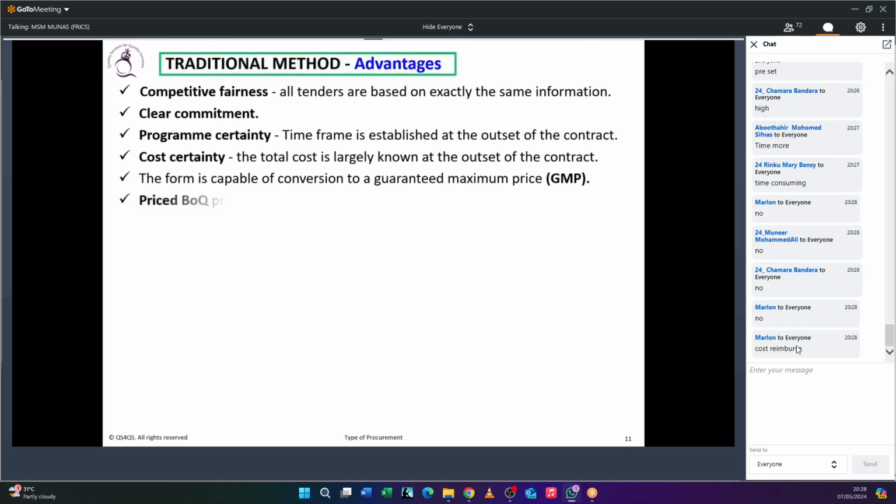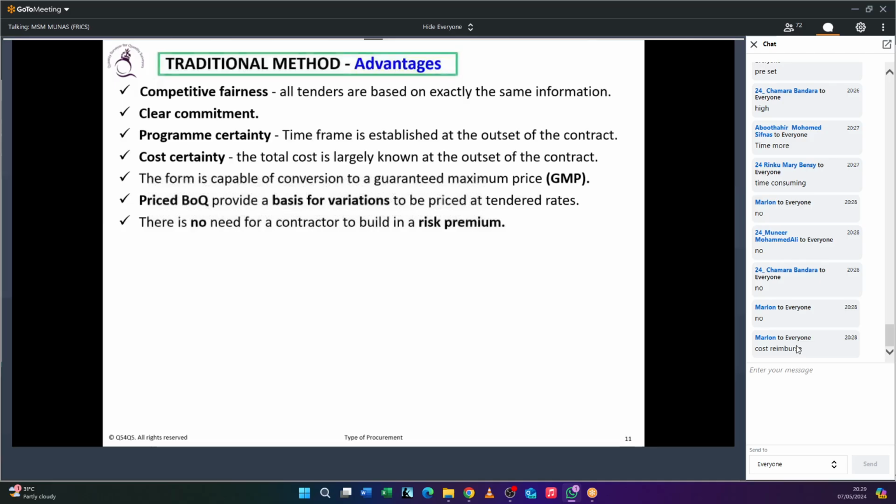Very good. So you can give a priced BOQ, right? That could be priced well, and that rate could be used for any variation happening. Maybe minor variations will happen. Okay, so no need to add a risk premium for the scope of work, and it is very easy to do a tender analysis. If you have a scope of work defined, then you can determine whether you are paying the right price for the particular works or not.